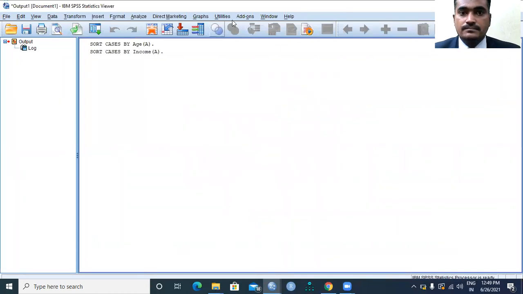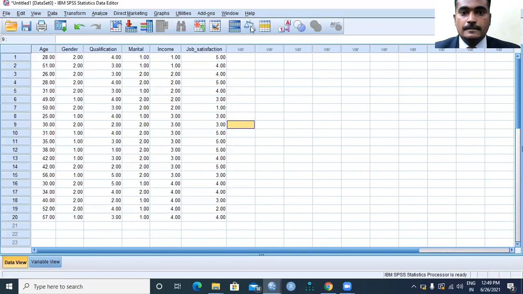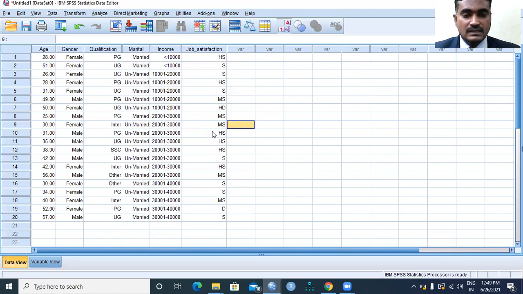You can see in the window the income sorted from the lowest income to the highest income. That's how we can sort the data in SPSS by using the sort operation.